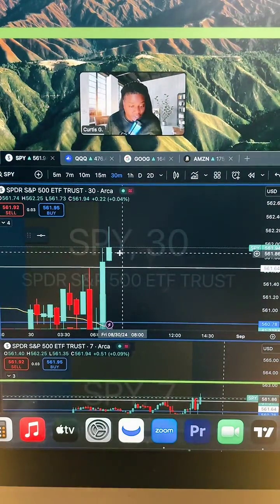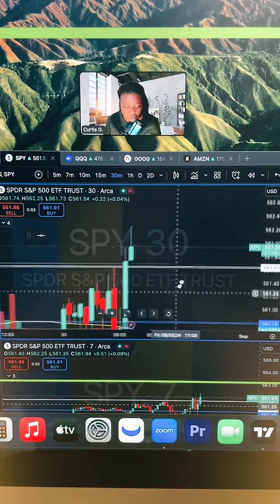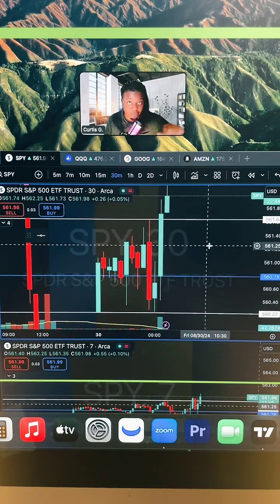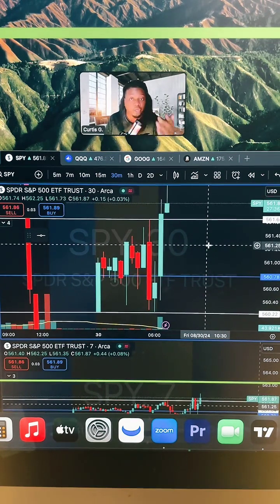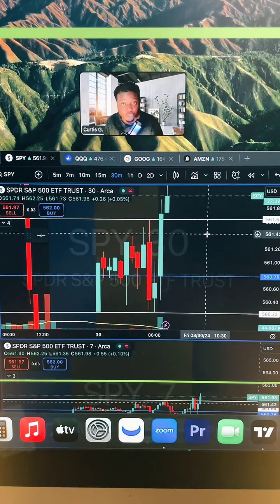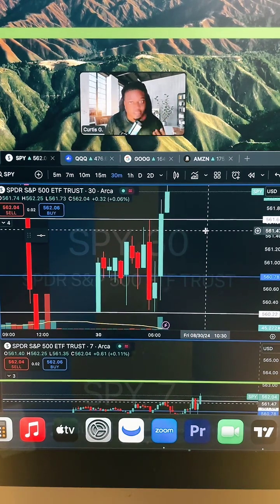And so essentially, I want to break it down for y'all. Now, I'm not a gatekeeper, and my name's Curtis G. My TikTok live is all about options trading for beginners. I'm going to go over this particular setup that was taught to me by a mentor. So I don't want you guys to think that I'm the one who created this. I'm going to go over the setup and the strategy, and then I'm going to show you who I got it from so you guys can go straight to the source.